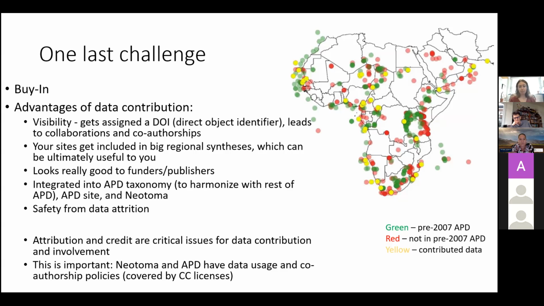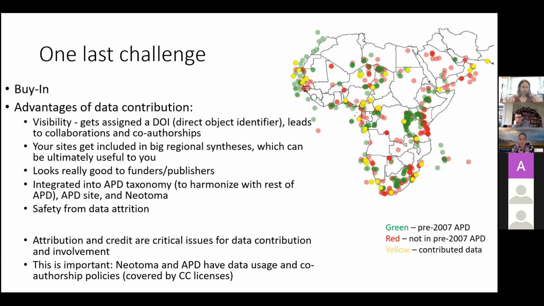Your sites get included in big regional syntheses, and that can ultimately be really useful for understanding the larger context of your own site. It looks good to funders and publishers. Your taxa get integrated into the APD taxonomy, and then your data is safe. You don't have to worry about version control or data loss anymore. It's safe. But attribution and credit are really important, I think, for some of these issues of buy-in and data